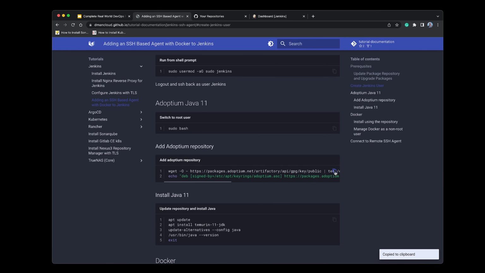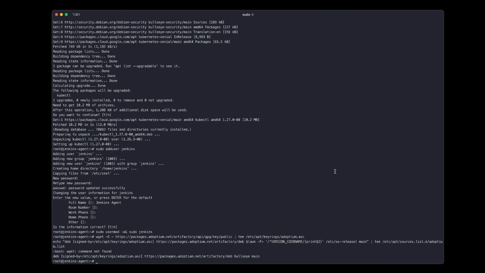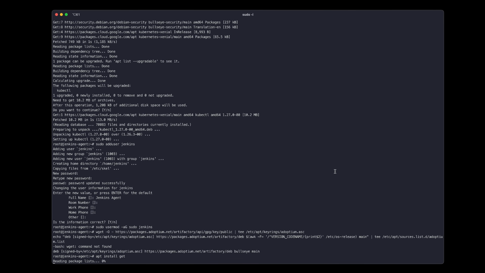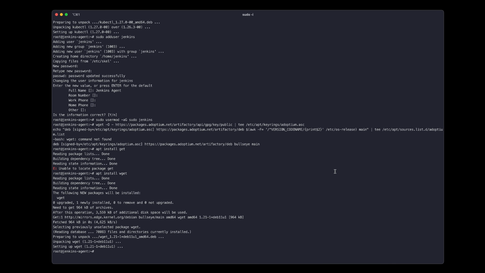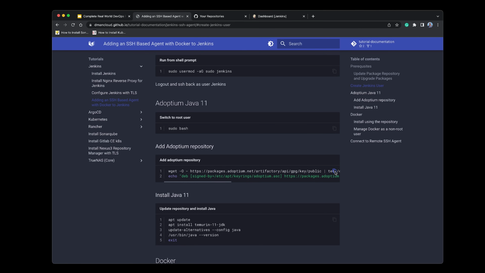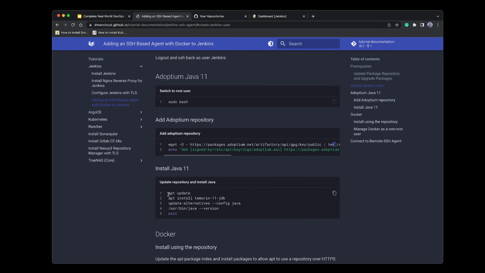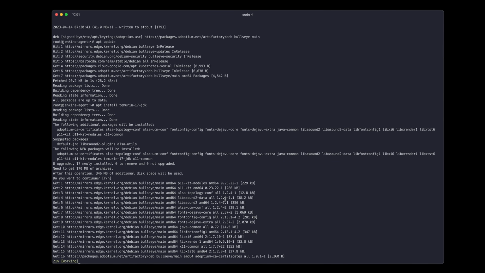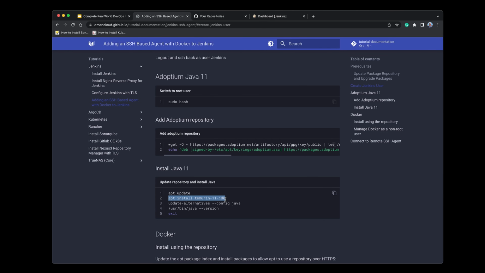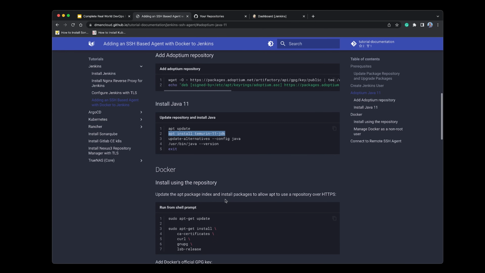So let's just copy the Adoptium repository and add that. And again, we are missing wget here. So let's install wget on this machine. And then now we can add the repository. And in this case, what we're going to do is we'll update, but we will install version 17. And once that's installed, since we're going to be building and pushing Docker containers, we'll want to make sure that